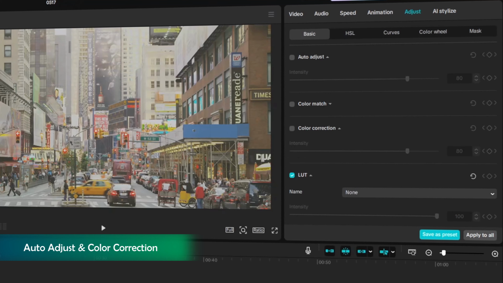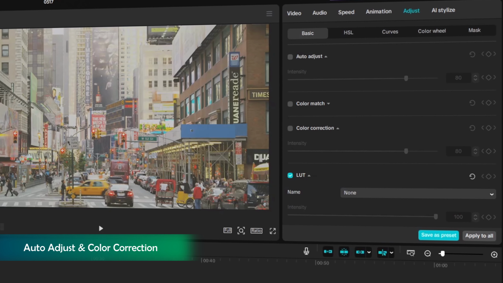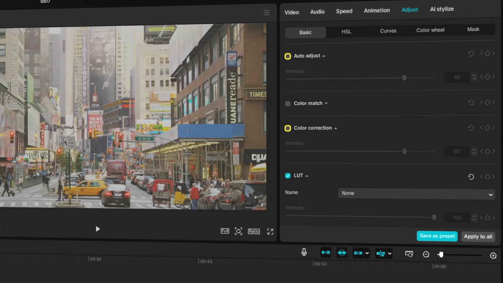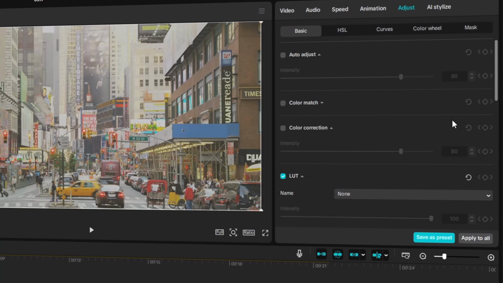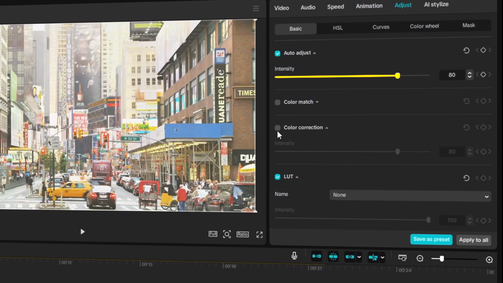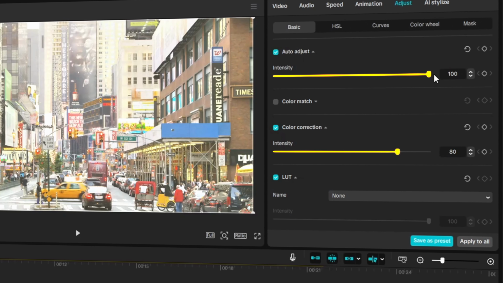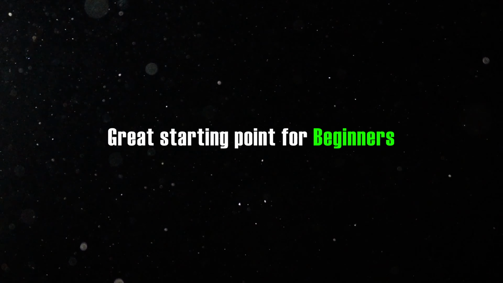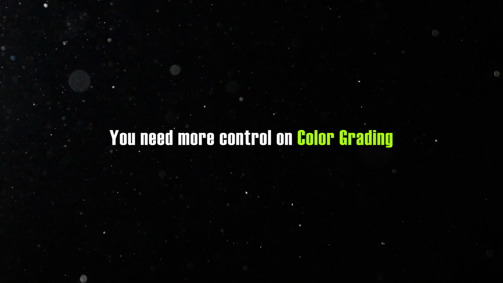CapCut makes color grading super beginner-friendly with tools like Auto Adjust and Basic Color Correction. Just enable these options, then fine-tune the intensity slider to get the look you want. This is a great starting point if you are a beginner, but as you grow in editing, you need more